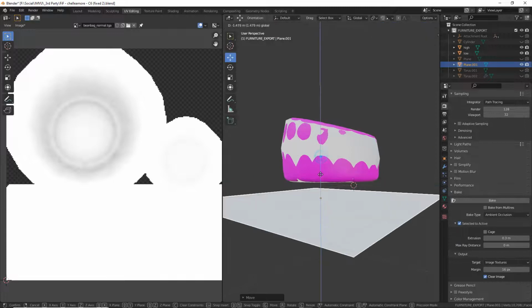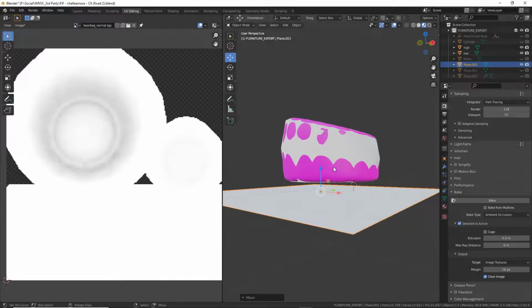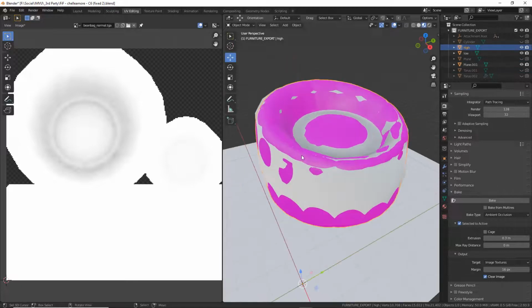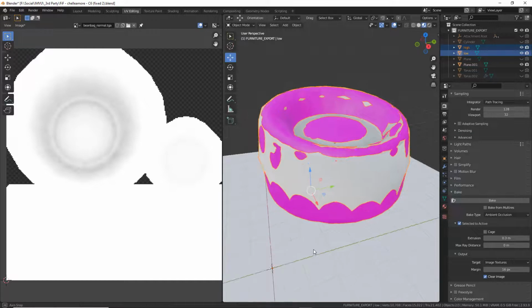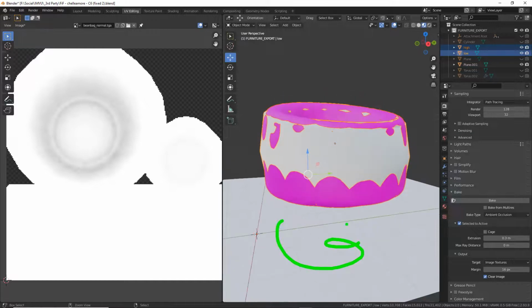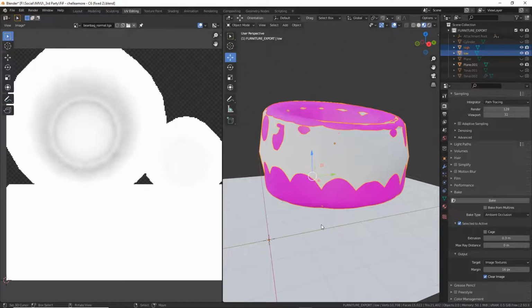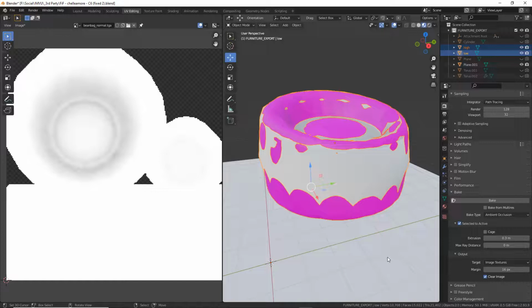So we can do something as simple as this. We're assuming that this sits on the floor. So what we can do is bake ambient occlusion relative to the floor surface, but we don't want to be too close because it'll just render black, which isn't as useful for our texture making later on. So you bake,